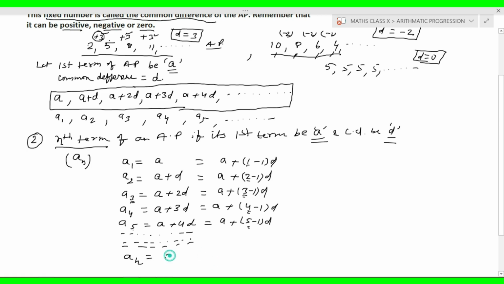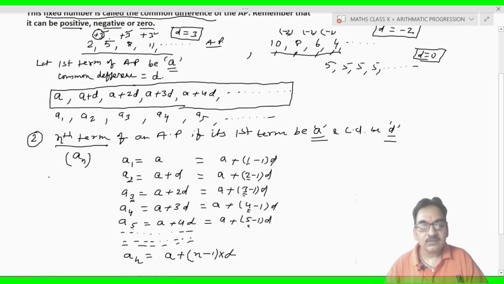Here it will be a as usual, a everywhere, so a will be there, plus everywhere, the plus will be there, bracket is everywhere. Okay, now here it is again 1, 2, 3, 4, 5. So here term is 1, 2, 3, 4, 5. Here fifth term, so value is 5. Here another term, the value will be your n. Okay, then minus 1 everywhere, it will be minus 1 into d.